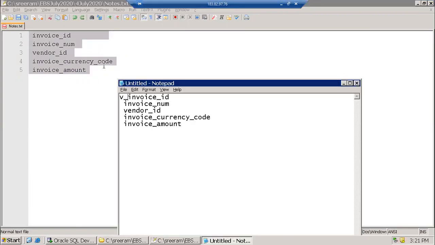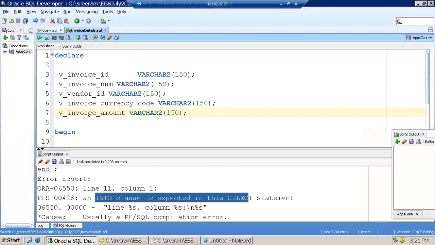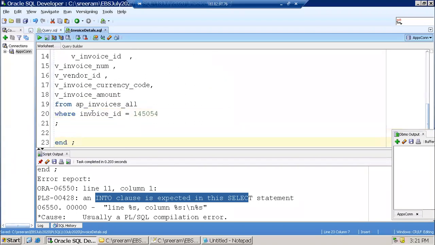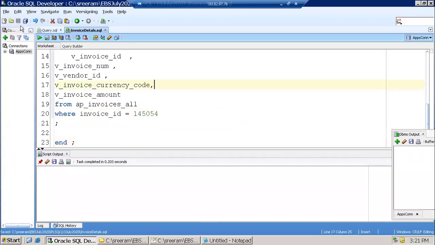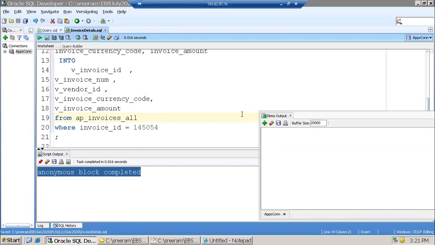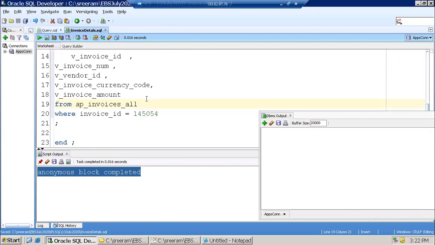In the SELECT INTO clause, I'll mention these 5 variable names, which are all varchar. Just see whether you get any compilation error. No error, right? Because varchar is capable enough to hold alphanumeric data. So that is the reason you're not getting any issue here.